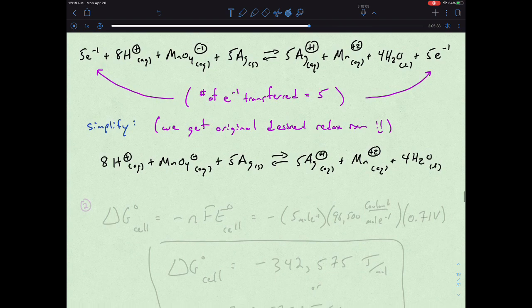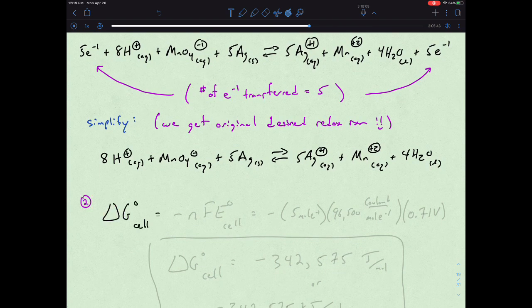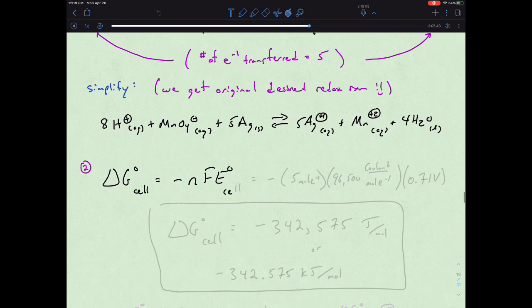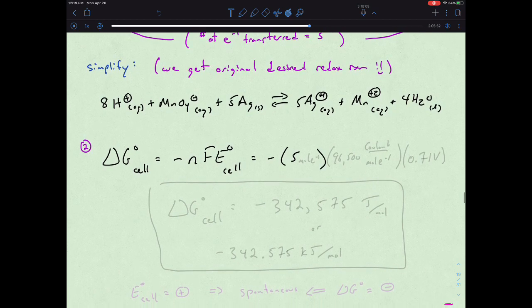So now we can solve for the whole process. Our delta G for this redox cell was equal to negative NFE. We know we have 5 moles of electrons being transferred. We have 96,500 coulombs per mole of electrons, with Faraday's constant. And we have our voltage, which was 0.71 volts. And so we end up for a delta G of this cell to be equal to negative 342,575 joules,